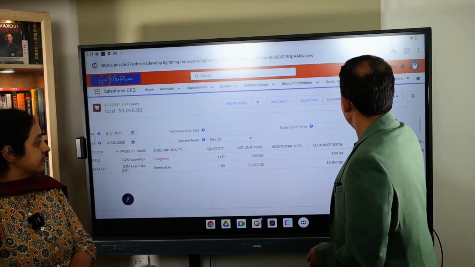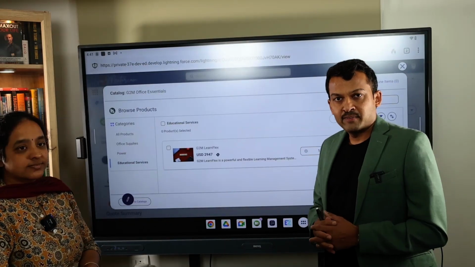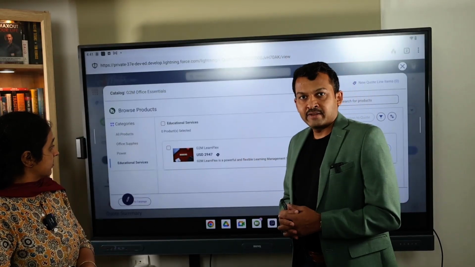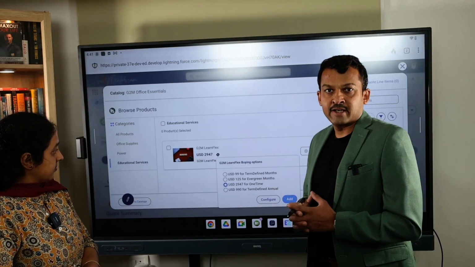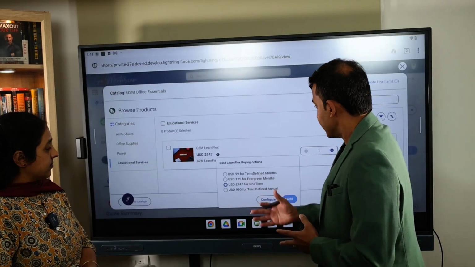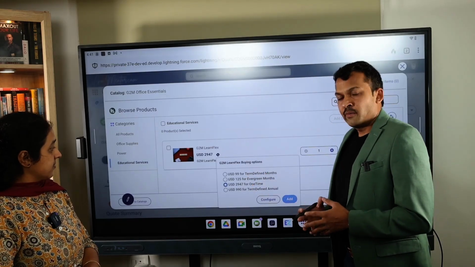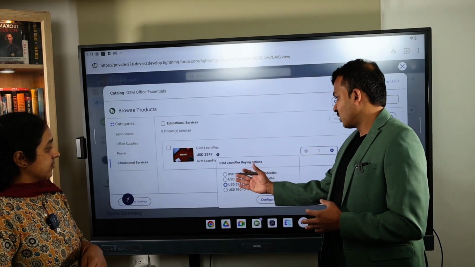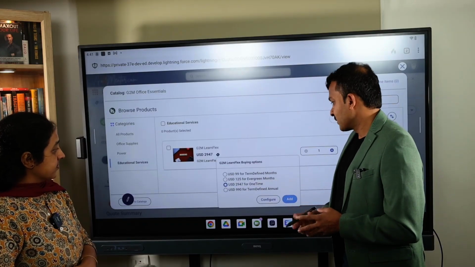As compared to that, in Salesforce Revenue Cloud, if we were to configure a similar product, it gives us so much flexibility that with just one product configuration, we could offer various pricing capabilities to the sales team. In this case, for example, this one product, G2M Learn Flex, has now been configured while allowing the salesperson to either select one of these options, which is $99 on a term defined month on month subscription basis, and $125